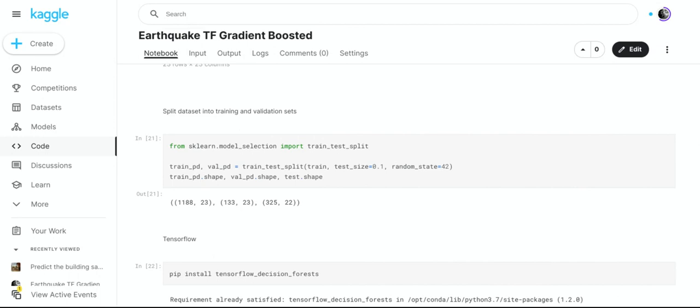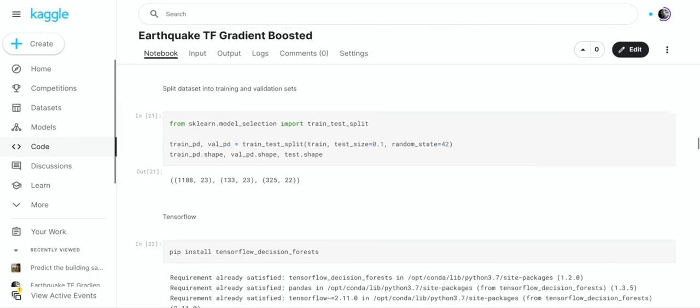So train_pd, val_pd equals train_test_split(train, test_size=0.1, random_state=42), and then you check your shape of train_pd, val_pd, and test. And we use sklearn's train_test_split to carry out this operation.